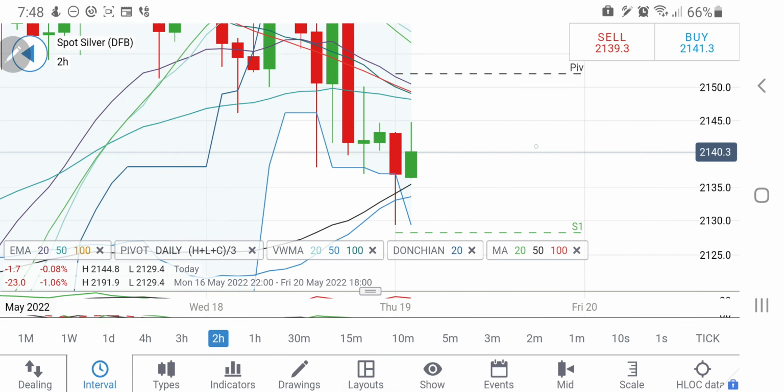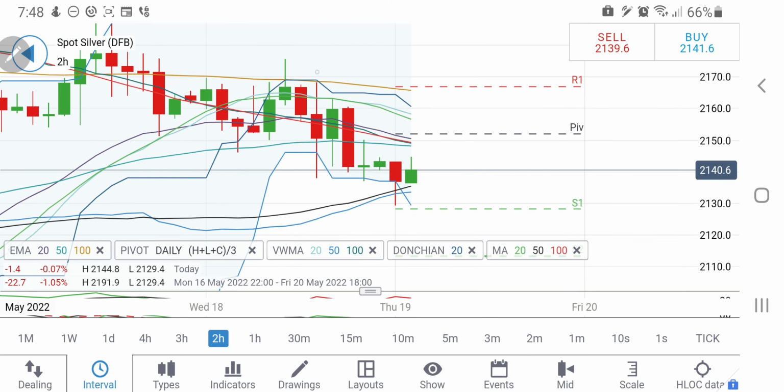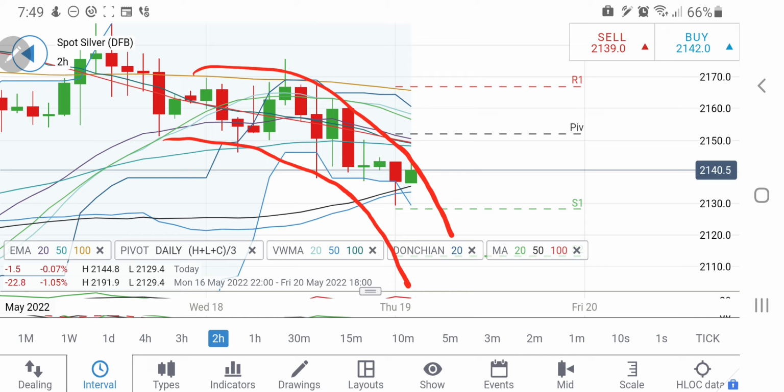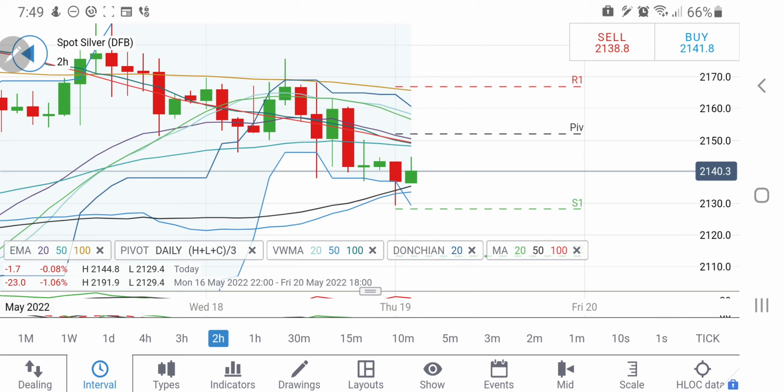See, silver on the 2-hour charts has got its resistance at 2145 and precisely a larger resistance at 2150. So any move above 2150 you can go long there. However, it is looking forward to a sharper drop, and probably one can expect that silver might drop strongly on the downside. Once it breaks past 2130, you can expect that it is going to go towards 2110 and below levels. So this is what is expected out of silver. Below 2130 you can go short, above 2150 you can go long.